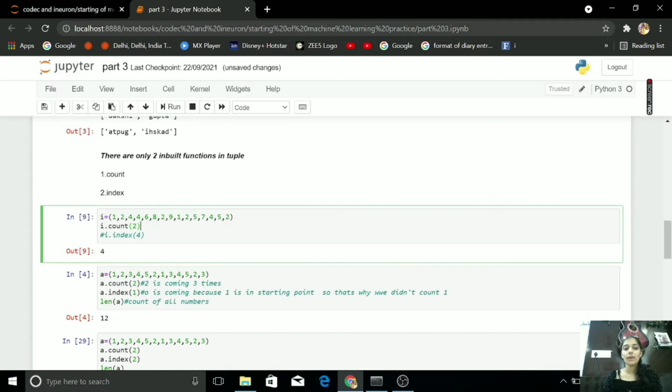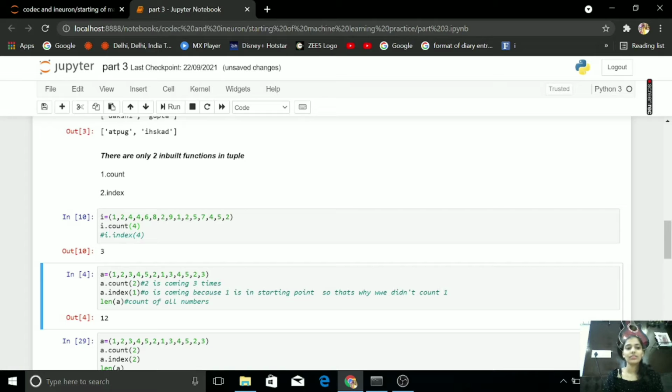I want to check how many times my 2 is coming. My 2 is coming 4 times, as you see here: 1, 2, 3 and 4. If I check my 4 here, I am getting my output 3.